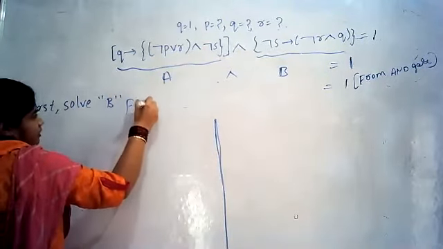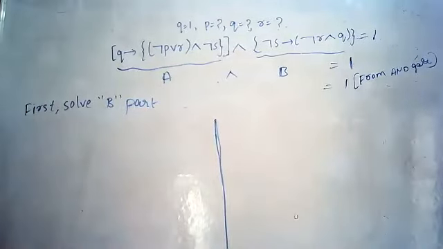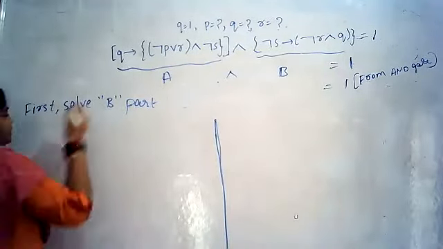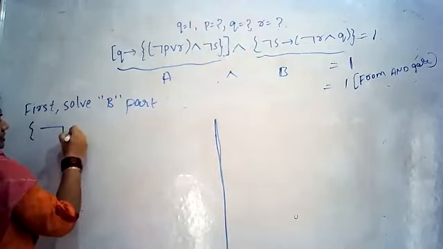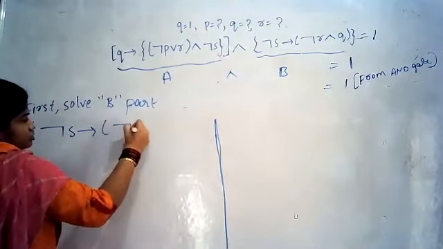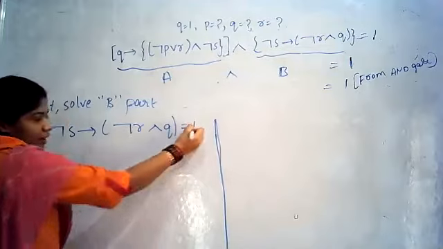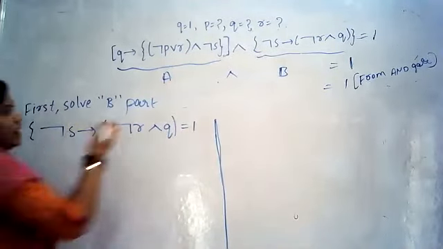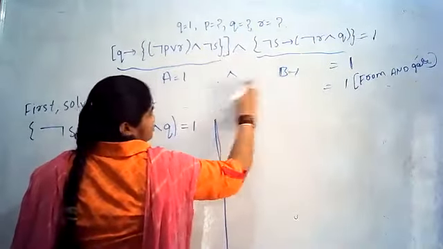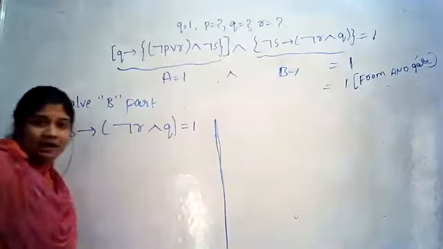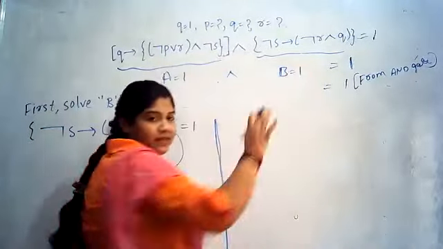In the textbook, they have given U and V. You can take U and V, or you can take A and B. Not a problem. So I will copy the question because I have to solve the B part. What is that? Negation S conditional of negation R conjunction Q should be 1. How did I get 1? As I know, this is 1, this is 1. Then only I got 1 conjunction 1 is equal to 1 according to the logic of the AND gate. So I got A is equal to 1 and B is equal to 1.